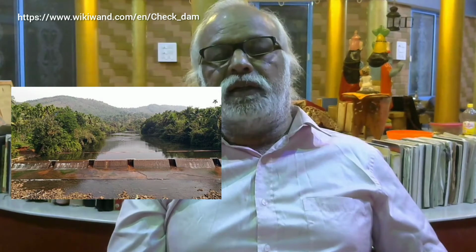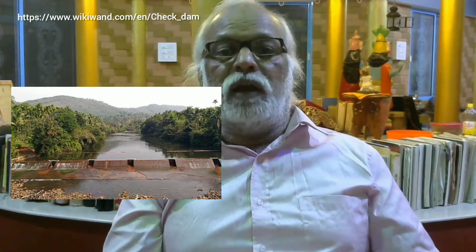And weirs, check dams. Nowadays you have to store water along the river. To pool water, you have check dams. Check dams are nothing but very small dams made of masonry. Or sometimes you have temporary check dams, piling up sandbags to facilitate the upstream irrigation or upstream water supply. When permanent in nature, a check dam is also a hydraulic structure, with a body around 1 to 1.5 meters high.